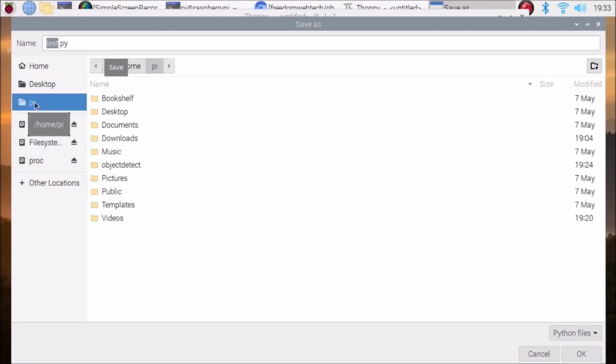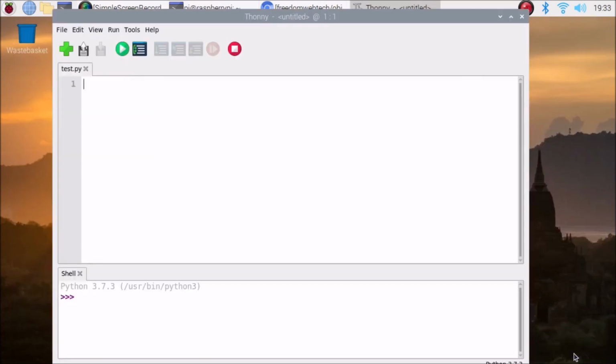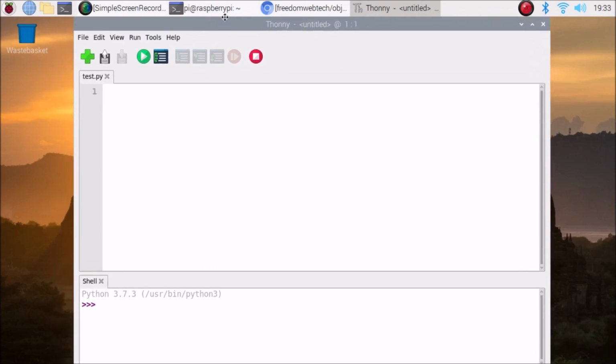Inside the Pi, as you can see, we have our object detect folder, which we downloaded from our GitHub repository. We are going to create test.py, which is our script. Click OK, and now we have our file inside the object detect folder.